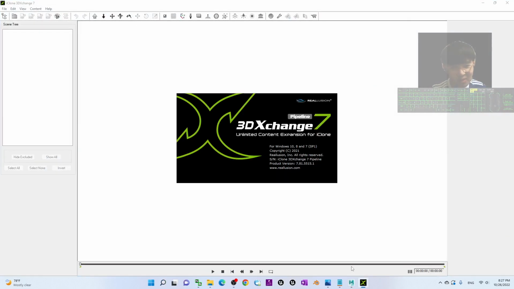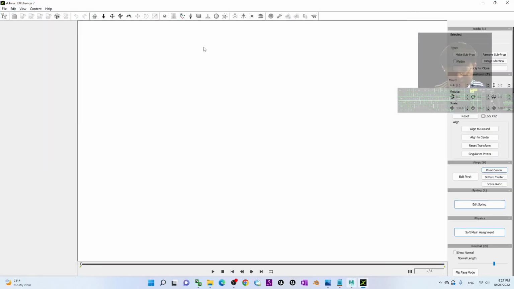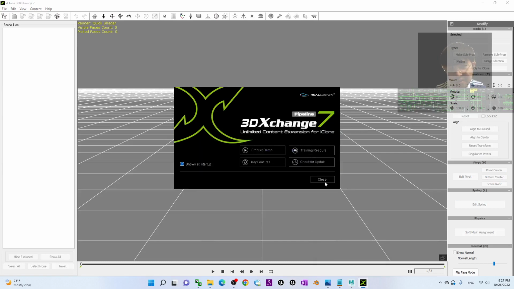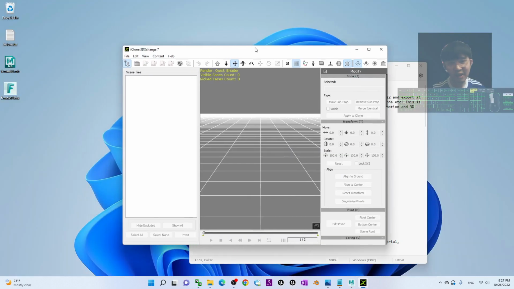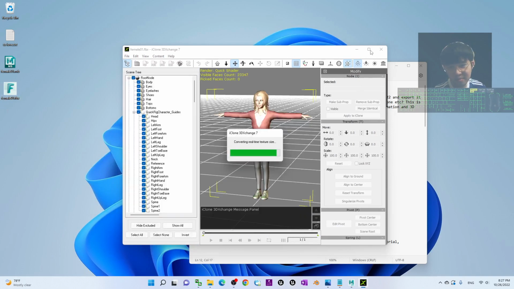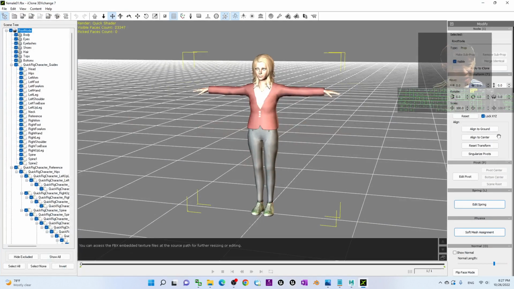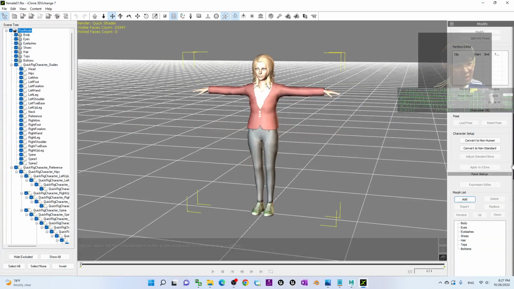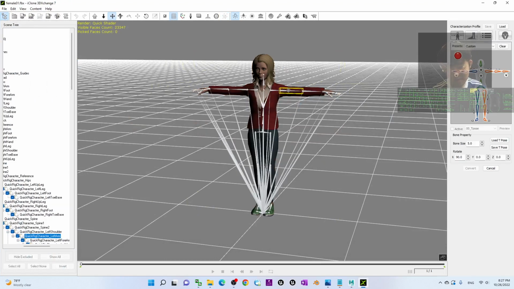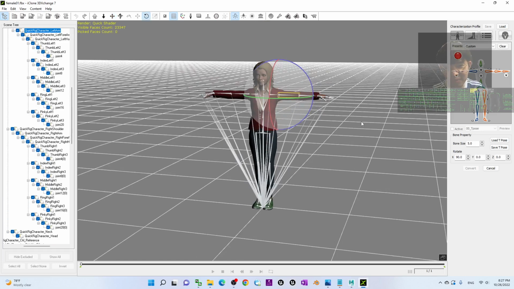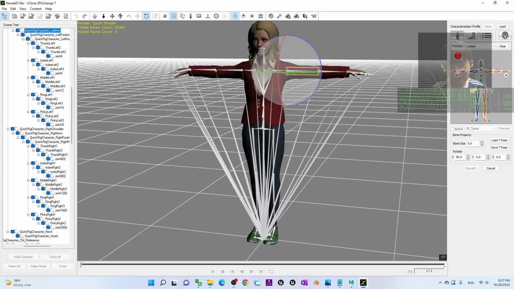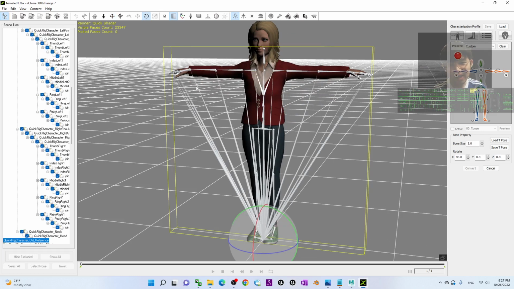This is third-party software that can be used to retarget any of the animation. We try this FBX file. Okay. And if we play with the skeletons, you can see all of the skeletons already can perform. Of course, because of the Maya human IK, it has all of this.